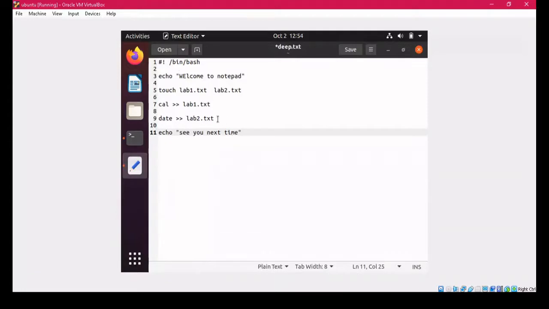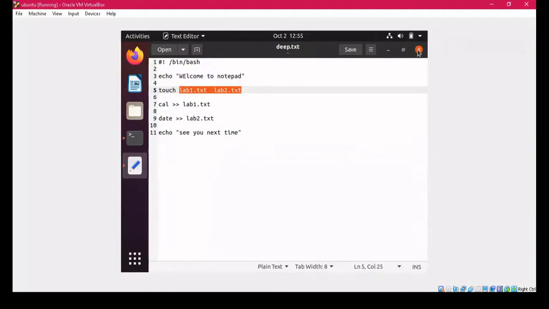Now this was a simple script. When you have to come out of it, first you need to save it. So I have saved it. Now you can simply press the cross button and come out of this Notepad file. One more thing, be careful: only when you run this file d.txt will these two files, lab1 and lab2, be created. Before that they will not be created. When I use the ls command, you can see only d.txt, which I showed you earlier, but these two will not be shown.